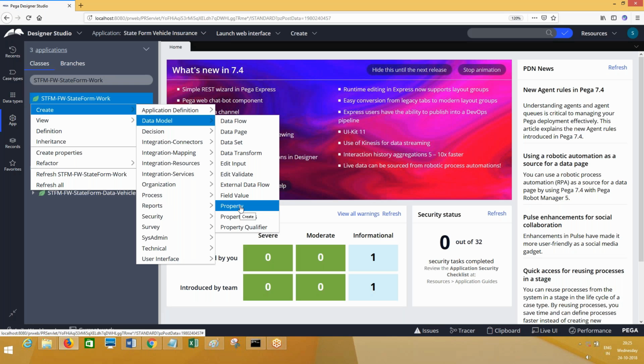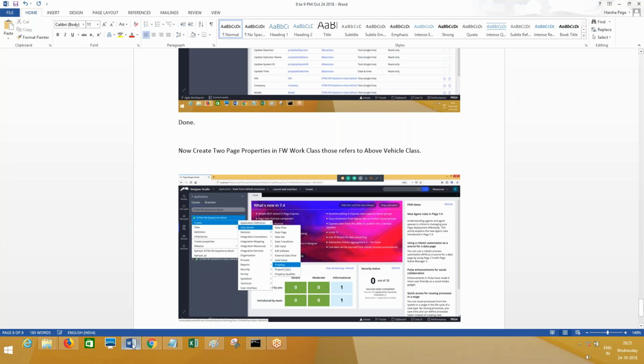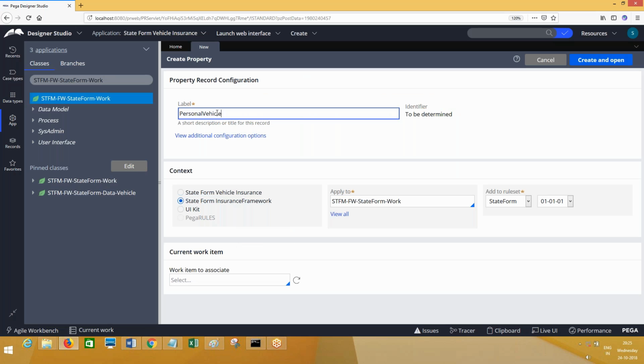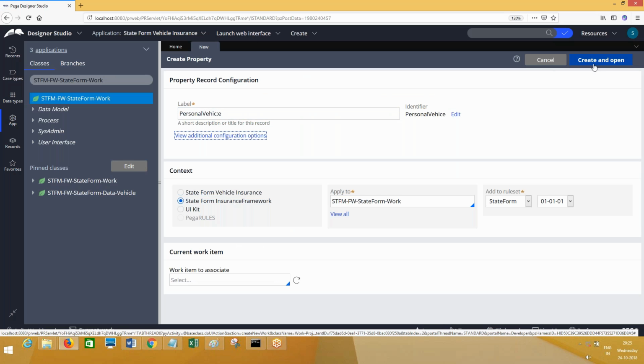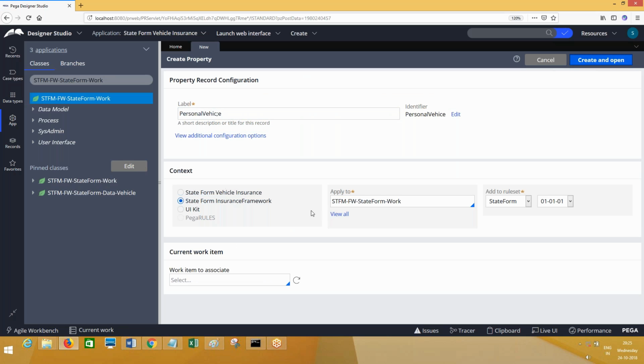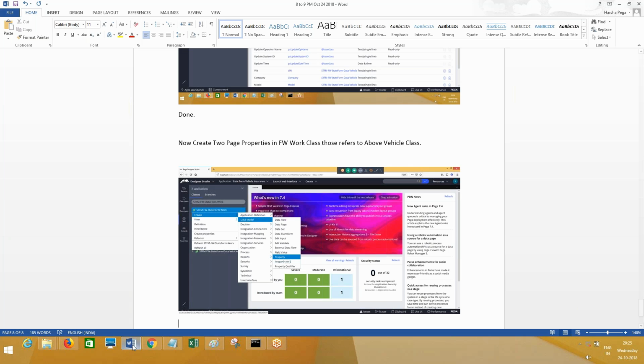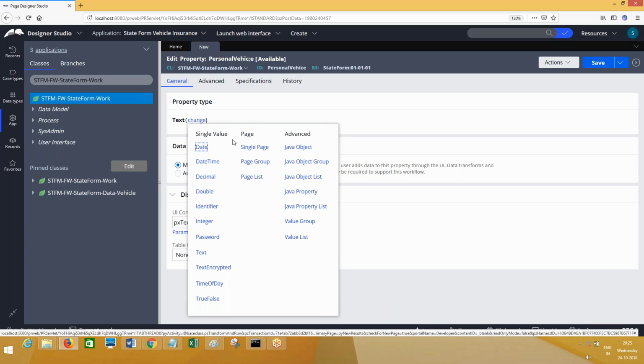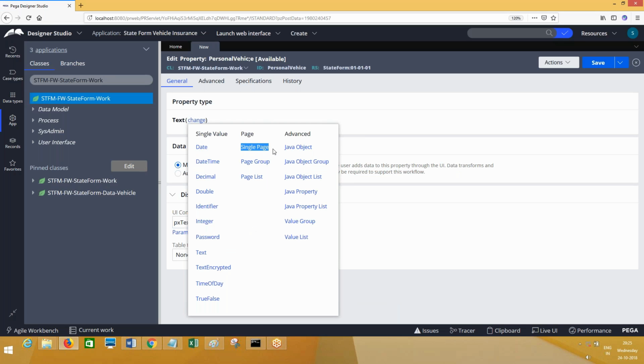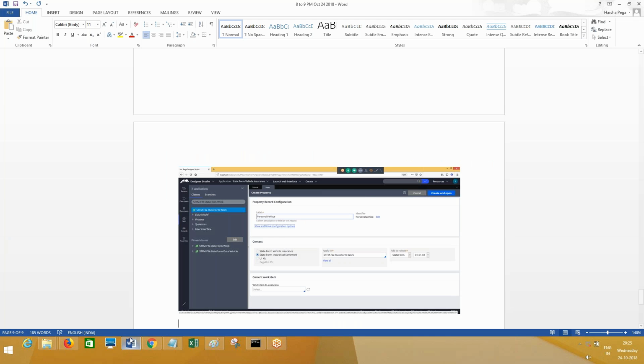Property name is personal vehicle. This is one property I want to create. I'm sorry, hang on. It is chosen correctly. Okay, everything is correct. And here, what is the property type? Page. Single page. You need to choose. It's a page type of property. So page is also one property.